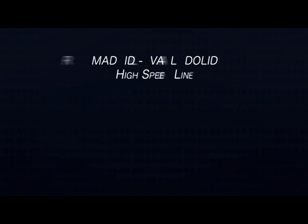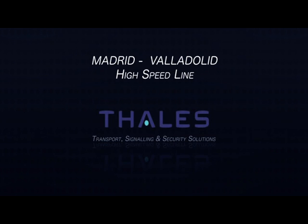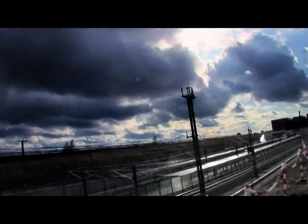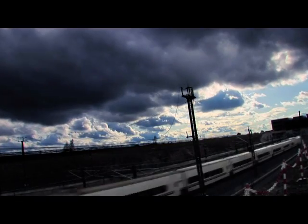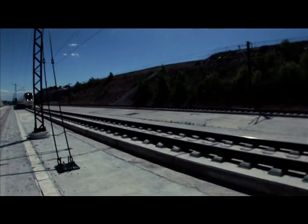Madrid Valladolid high-speed line, Thales Transport, Signaling and Security Solutions. In December 2003 and March 2006, Adif, Spain's railway infrastructure manager, trusted again in Thales Transport Signaling and Security Solutions